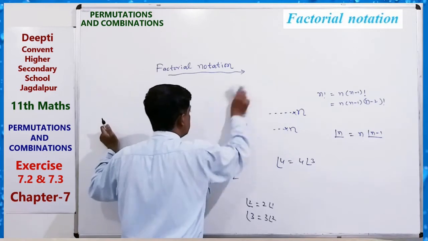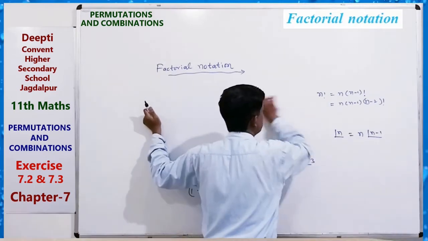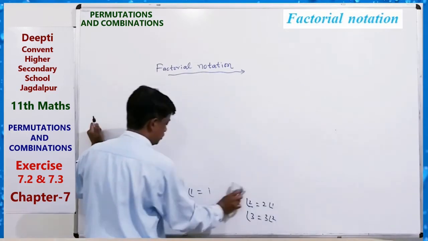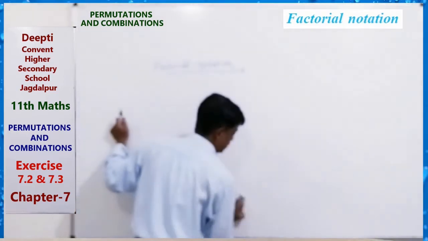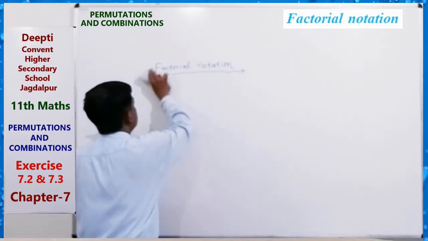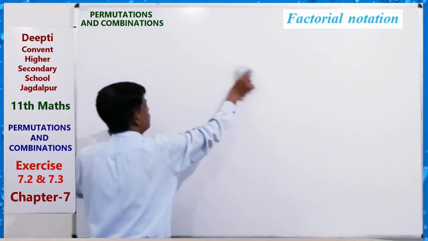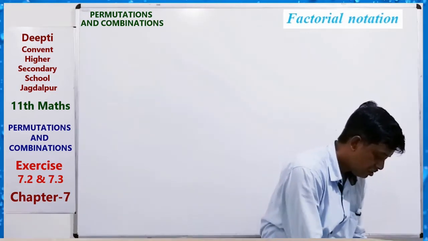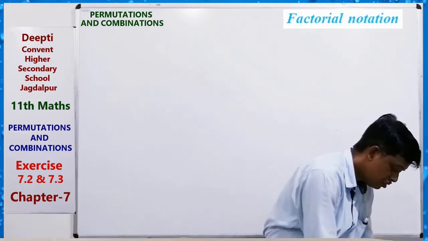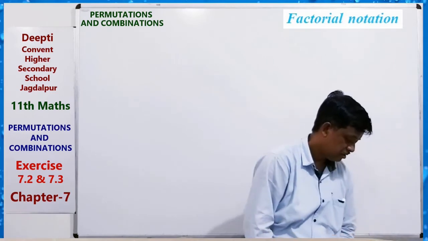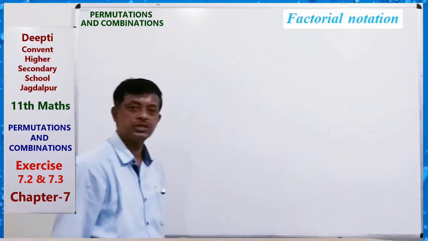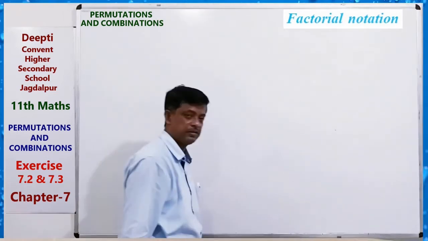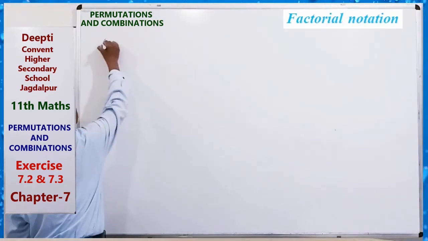So on the basis of this notation, exercise 7.2 is given in your book. Just solving those questions, we can understand the factorial notation better. So take questions from exercise 7.2. Question first, 1 and 2: 8 factorial, 4 factorial minus 3 factorial. So solution,